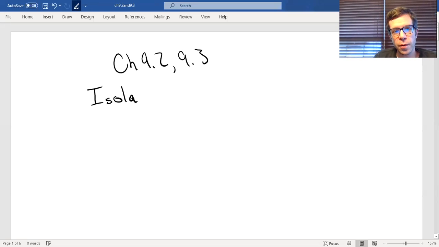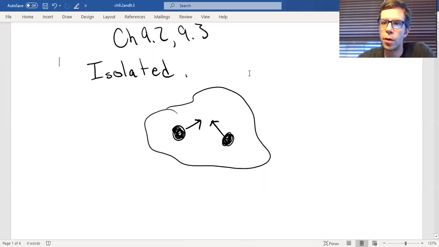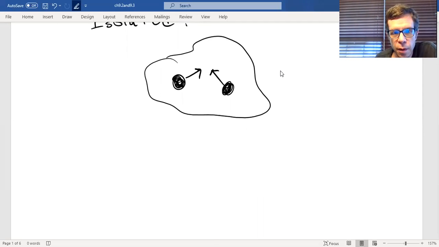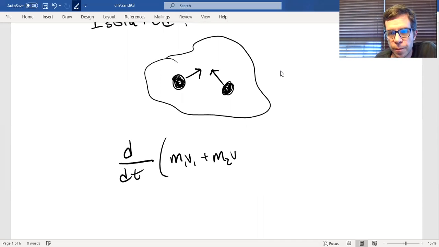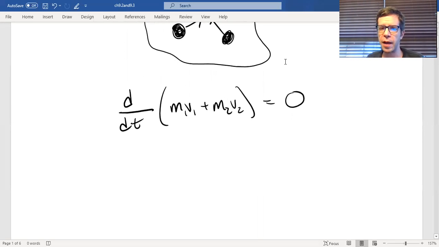So we started our discussion with an isolated system of two objects. And we're looking at eventually when they collide. All right, we said that we have the time rate of change of the sum of their linear momentums is equal to 0. So we can clean this up a little bit. We said that means it's conserved. So what that means is we can now say,